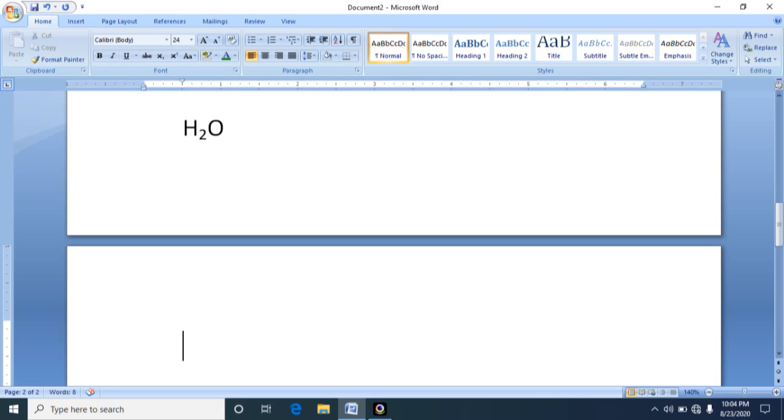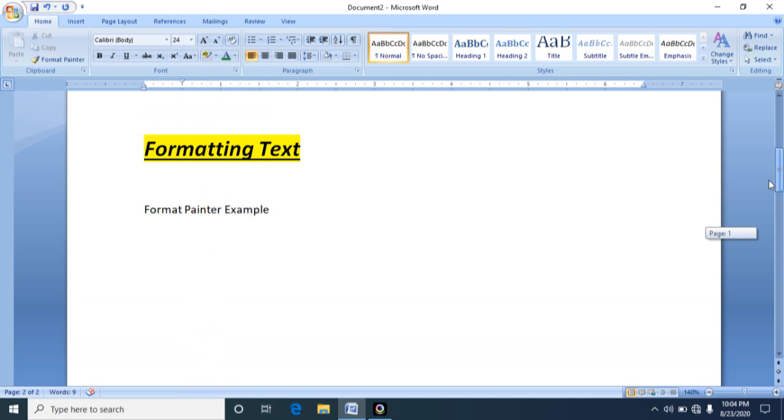And next, 10 to the power 5. I want to write 10 to the power 5. So 10 to the power 5 means 5 should be a superscript of 10. So select 5 and go to font group tab and click superscript. Now observe the change. It is changed as 10 to the power 5. So in this way you can use superscript and subscript in your document.